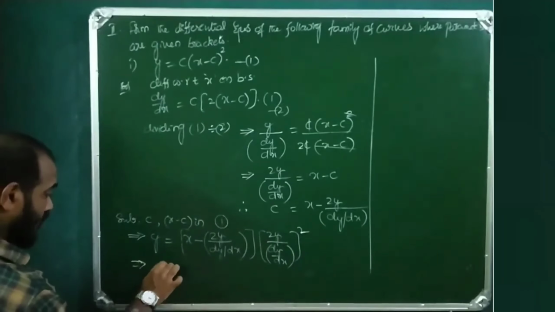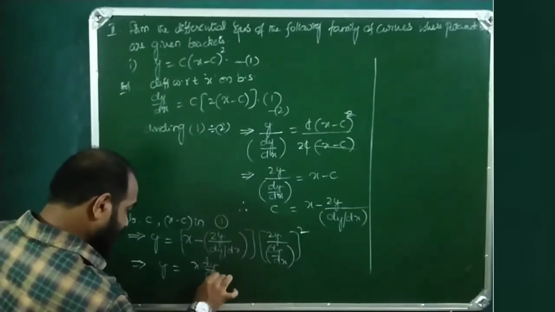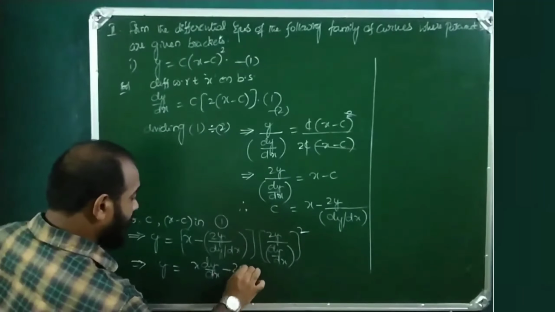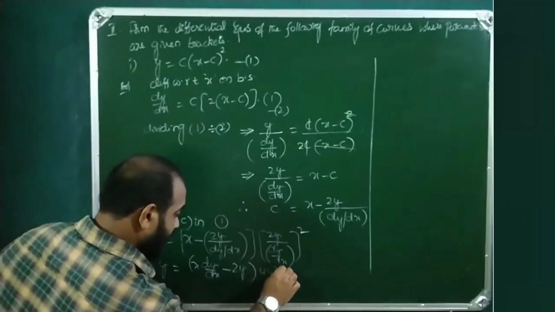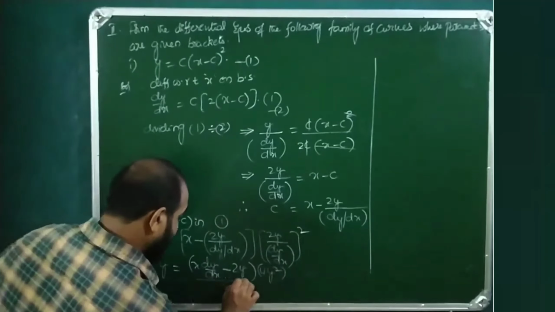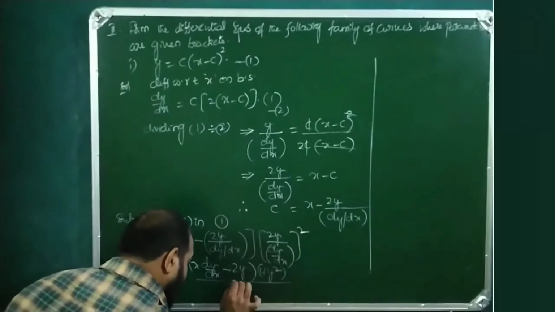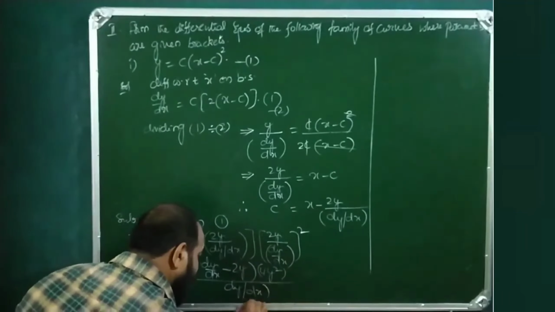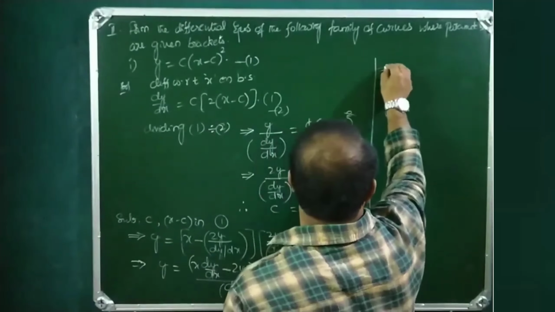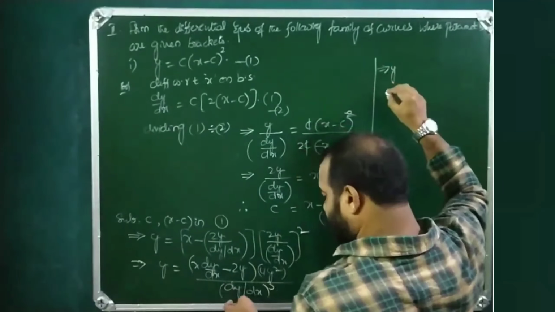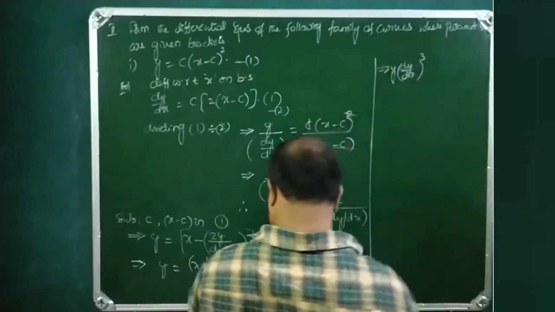y = x dy/dx - 2y into 2y whole square is 4y square by, this is dy/dx whole square, dy/dx whole cube. This implies y into (dy/dx) whole cube is equal to,